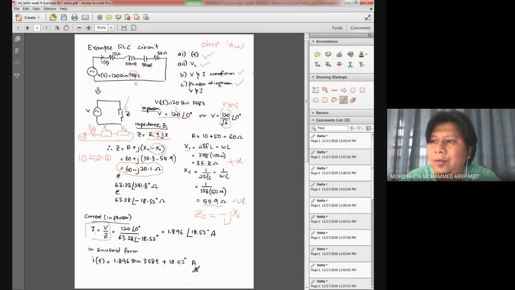20.1. And from this value, 60 minus J 20.1, I know that this Z basically consists of R minus J XC. This is RC, and towards the end, if I try to calculate my current, I know that my current will always lead my voltage by this 18.52 degrees. Maybe at the moment you don't understand what I'm talking about, but please